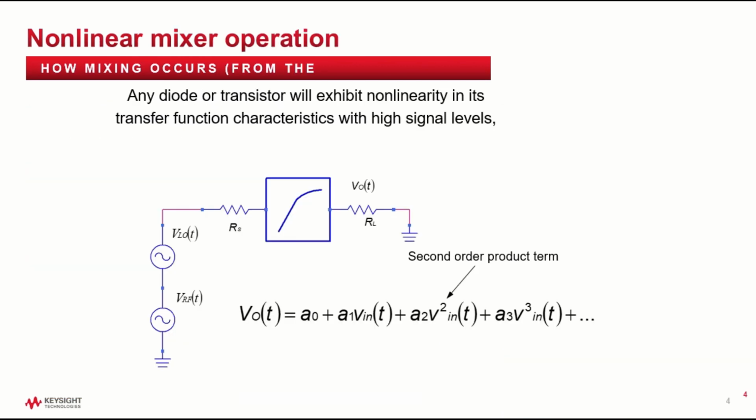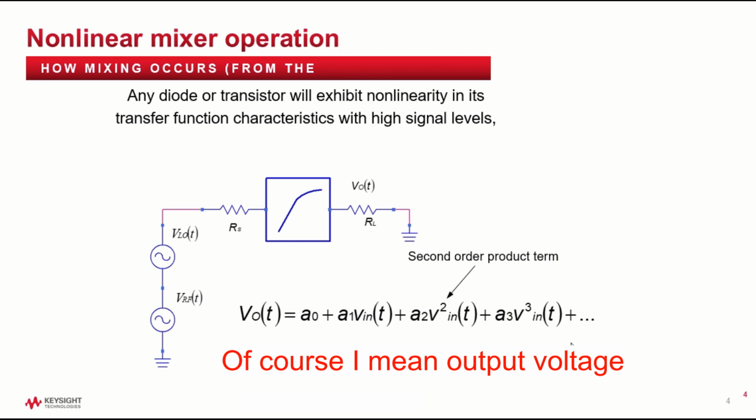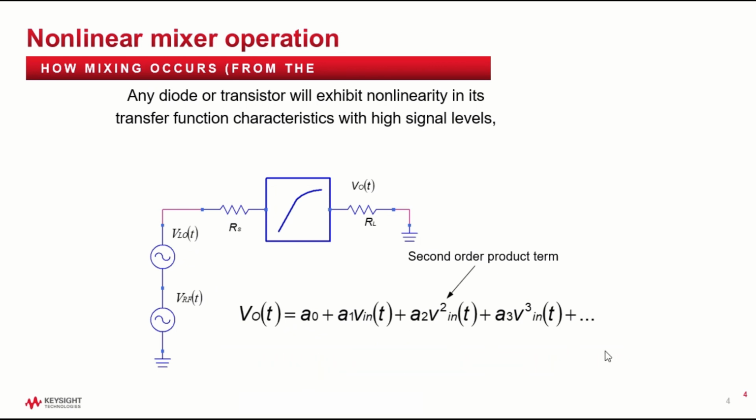So when we look at a mixer, one of the common ways that at least I learned in college that a mixer worked is you had some nonlinearity, usually a diode or a transistor operating in a nonlinear region, and you put in two input signals, a LO voltage signal and an RF voltage signal, and then they would say, well, the input voltage is equal to this kind of Taylor expansion of the curve of the nonlinear, and they would point out there's a second order term, and if we take that second order term and we go a bit farther with it,